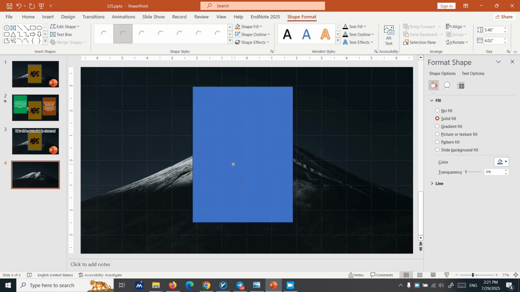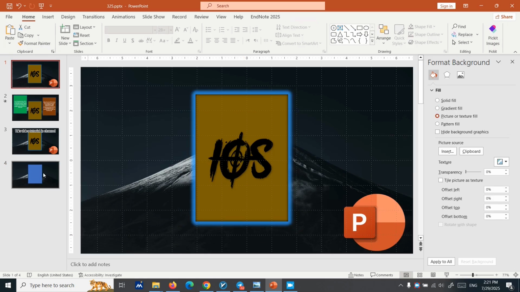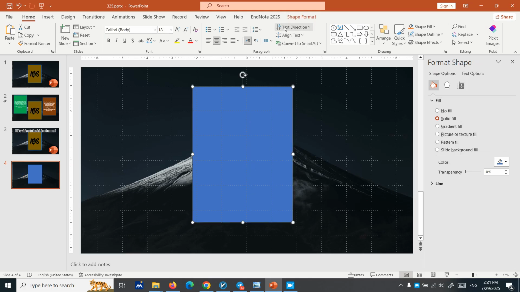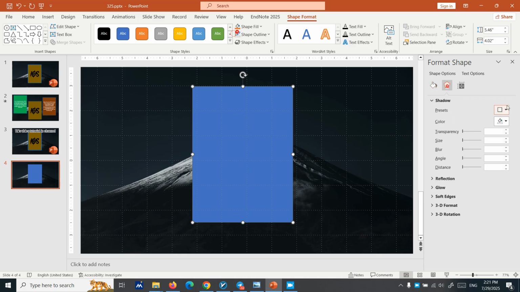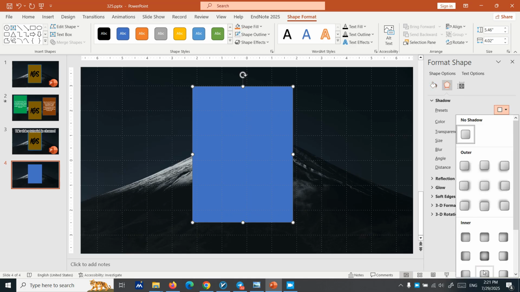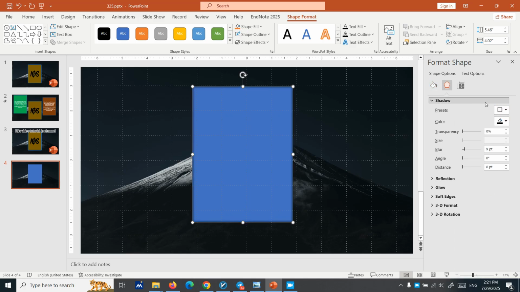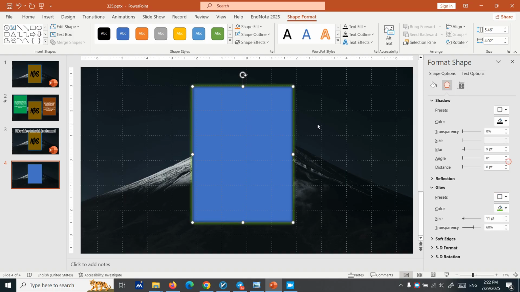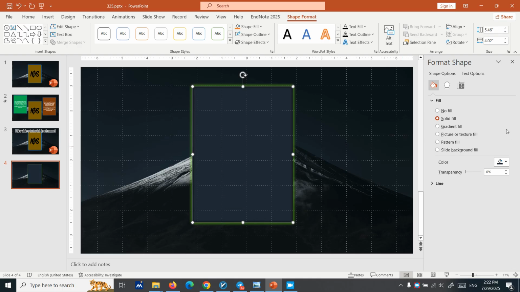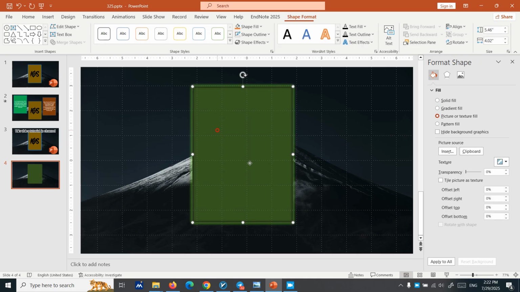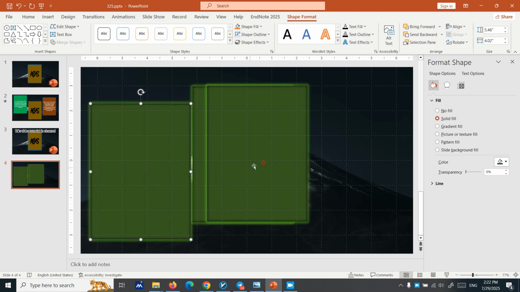Okay, you see it is not looking like this. How we can make that to look like this? At first we need to remove the shape outline, then we need to set the shadows to the inner shadows, and then we need to give it some glow. We are going with green glow, and we are changing the color of this to this color or this color. I like it. Then we create a 3D copy of that